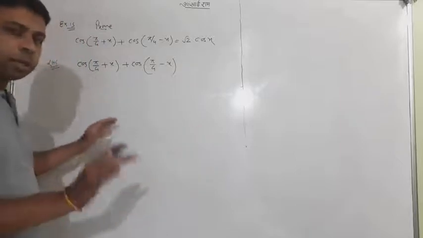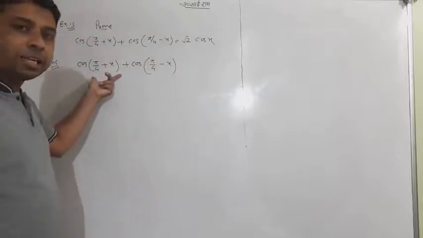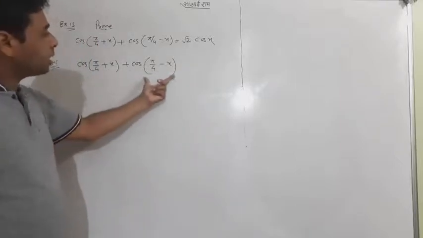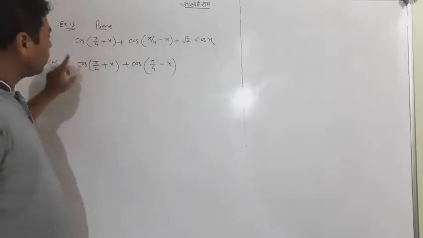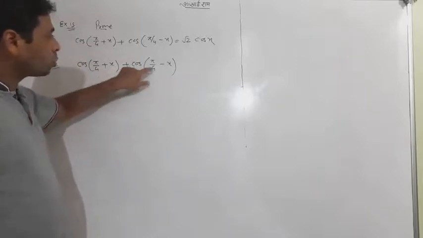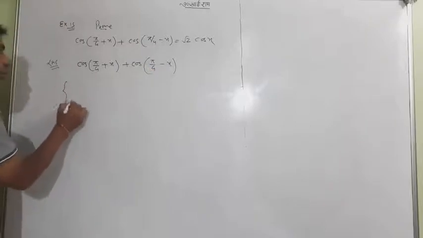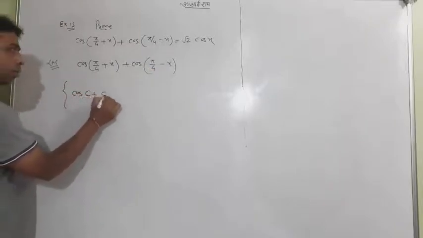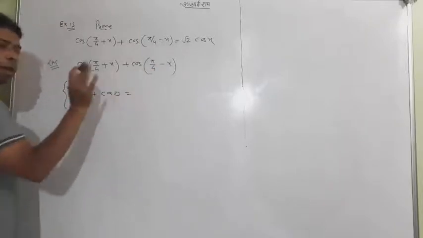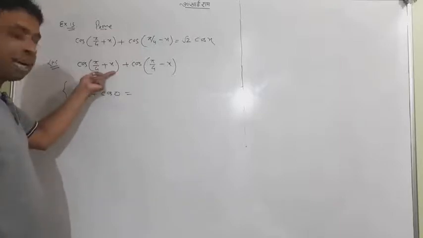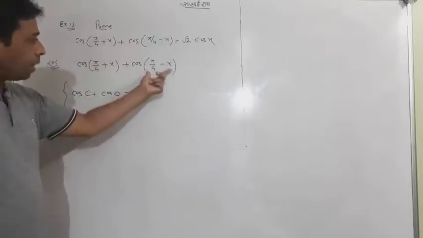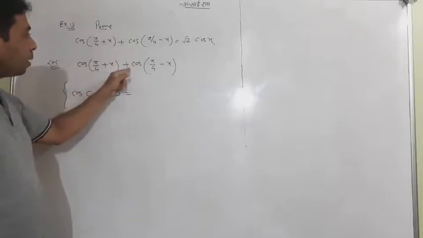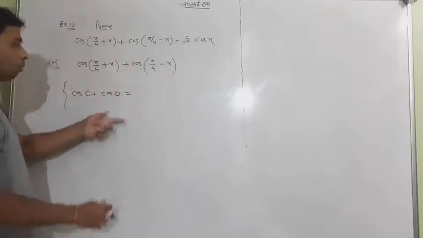Now, please concern. This is called C. Now compare with C, and this is compare with D. Now read with me, cos C plus cos D, and use the law cos C plus cos D. Again, just compare that C is a big angle, and D is an angle. Now cos C plus cos D. So can you do the formula?